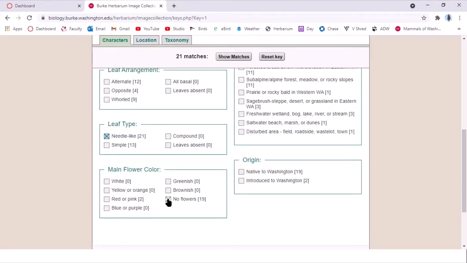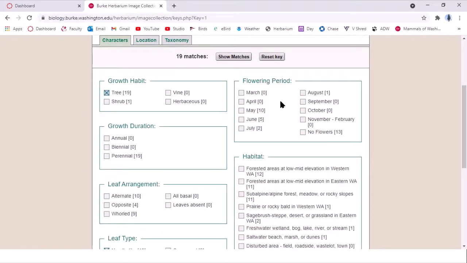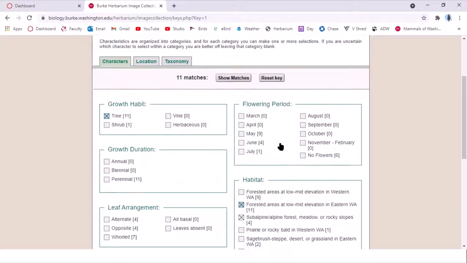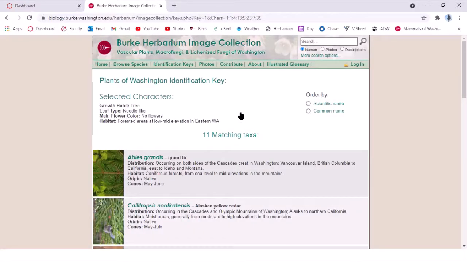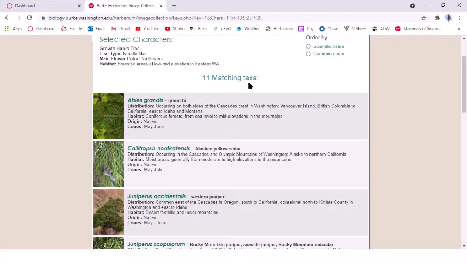Flower color, it didn't have any flowers now that you mention that. And then flowering period, that's going to be difficult with no flowers. But where did I find that? That thing was at mid to low elevation in eastern Washington. That's what I know about the plant. The more you know, the better it's going to narrow it down for you, and then you're going to show the matches. Now, this doesn't always take you exactly to the right one, but I have 11 matching taxa, or